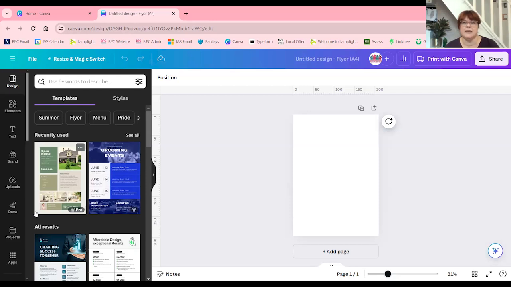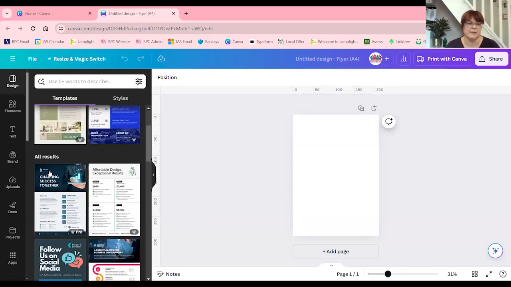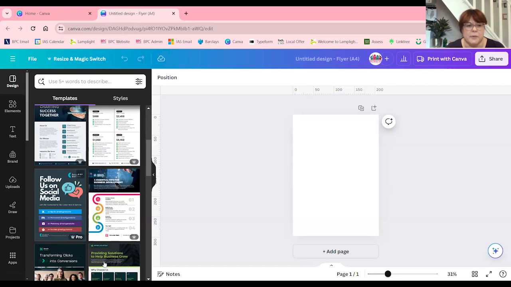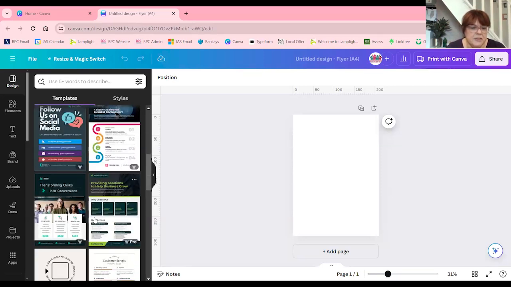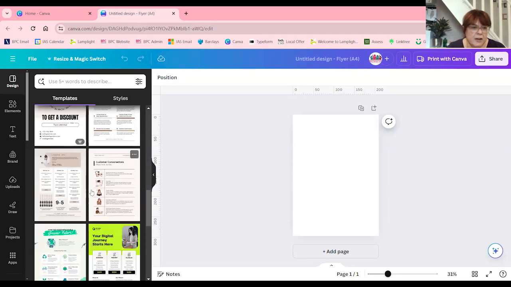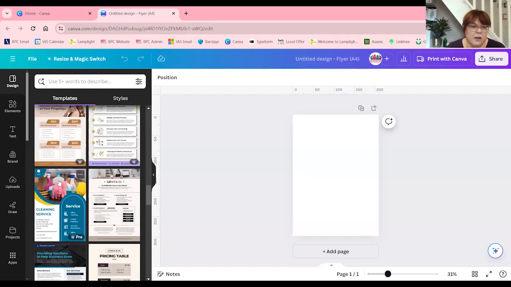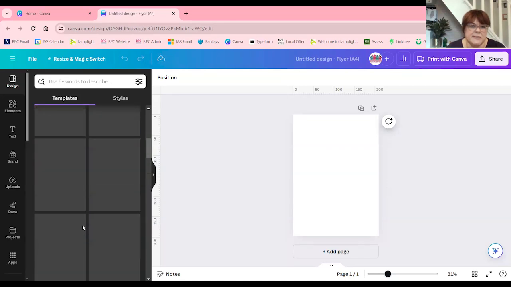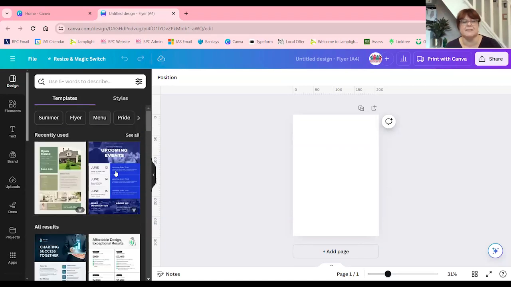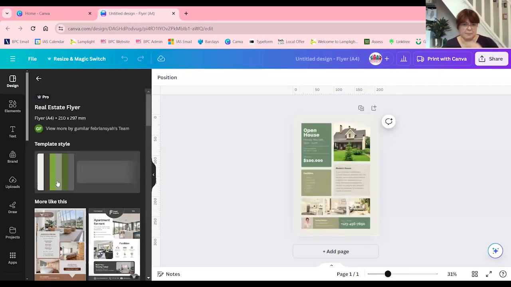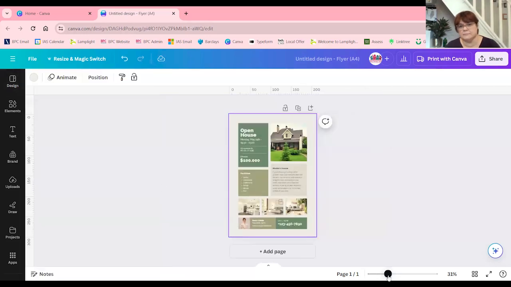So if you know that you're designing something that you've maybe not got photos or images for, do make sure when you're looking through that you pick something that's not heavily reliant upon that. You'll see as I'm scrolling down here, there's quite a lot of good ones that aren't photos, but straight away lots have a lot of photography, and sometimes you think, oh goodness, what would I put in that relates to what I do? But I'm going to pick this one because I just like the simplicity of it, and how it's going to